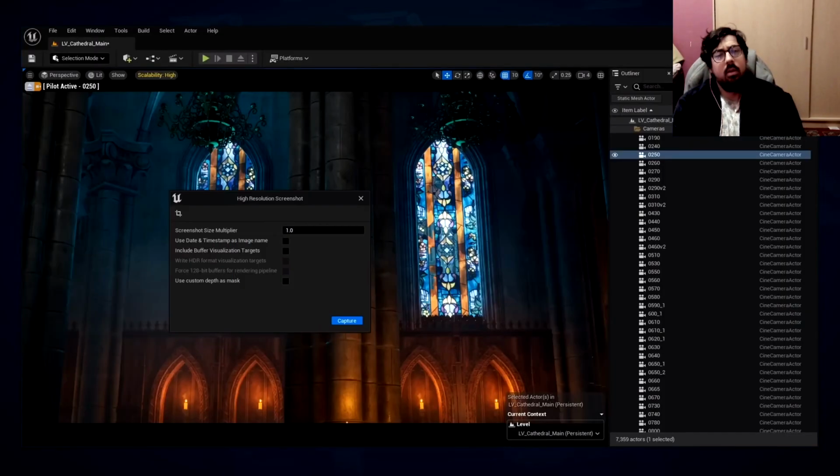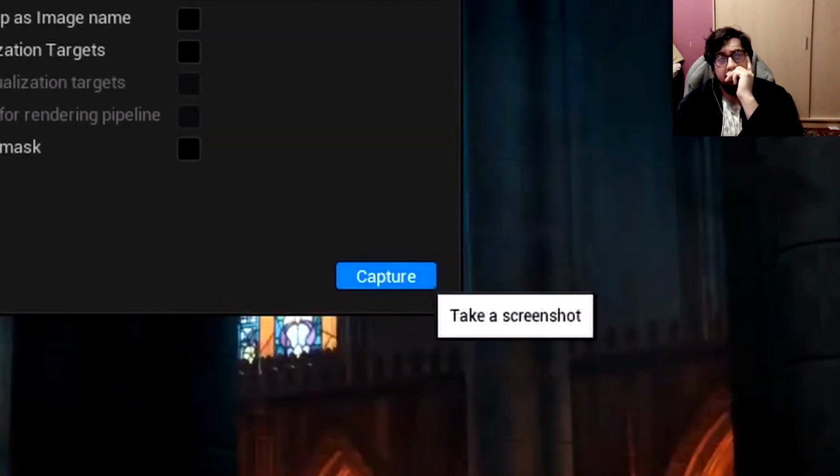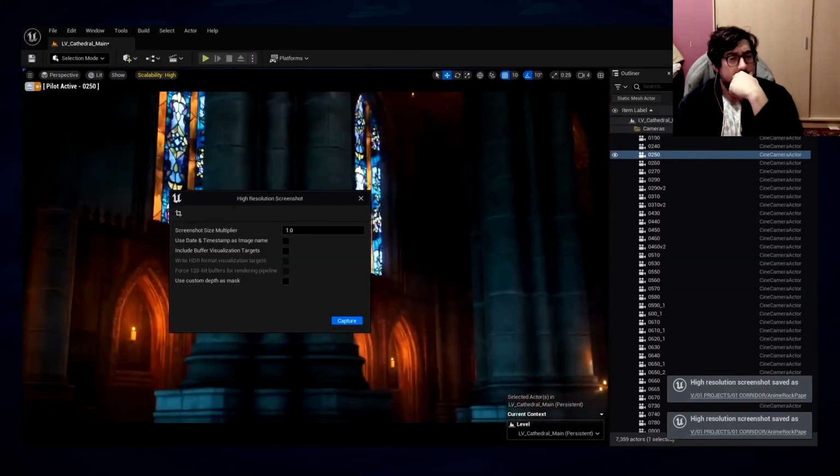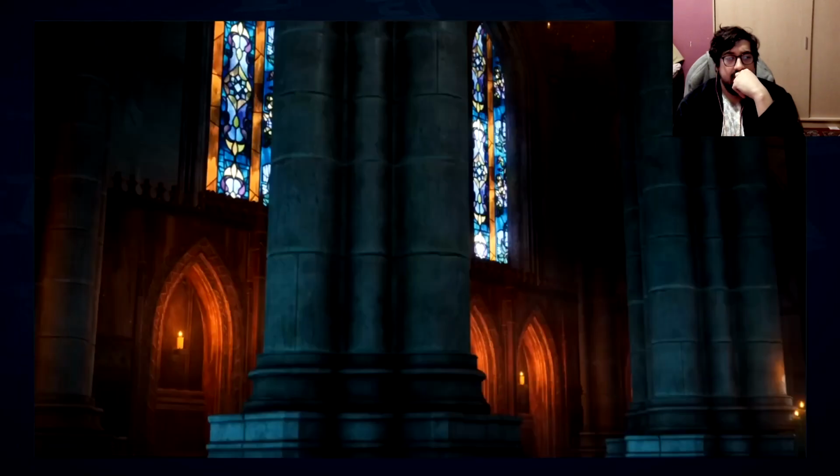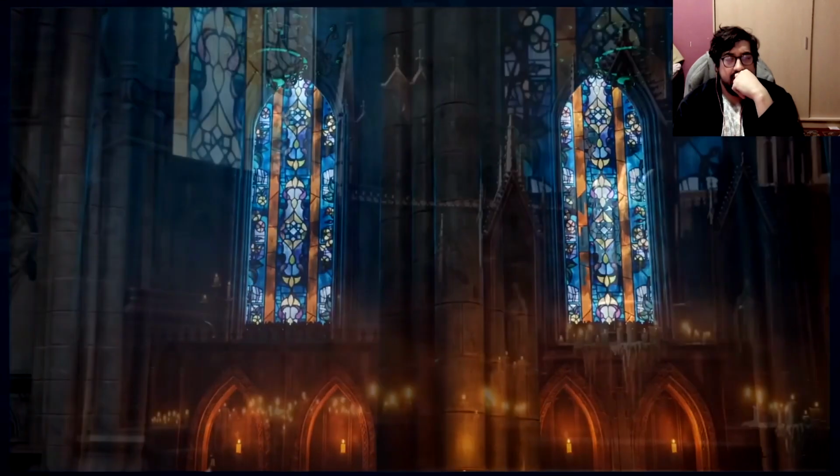I'm literally just gonna take screenshots of this stuff. So screenshot, boop. All right, it's a whip pan, so let's pan over, boop, pan over, boop. And maybe one more just for kicks, boop. All right, so now I've gotten 4 images. Stable Diffusion kind of takes it from there.